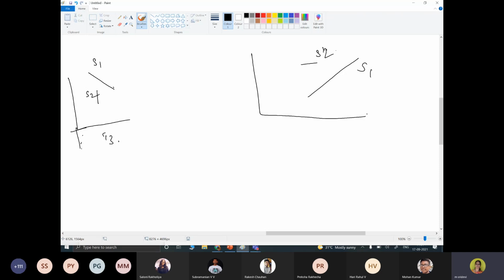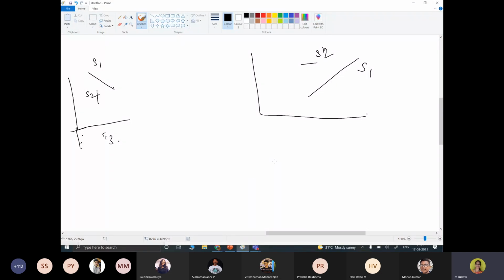While projecting it, how will you project it? Which will be the visible surface? S1. Whichever is the farthest point, that is not going to be visible.